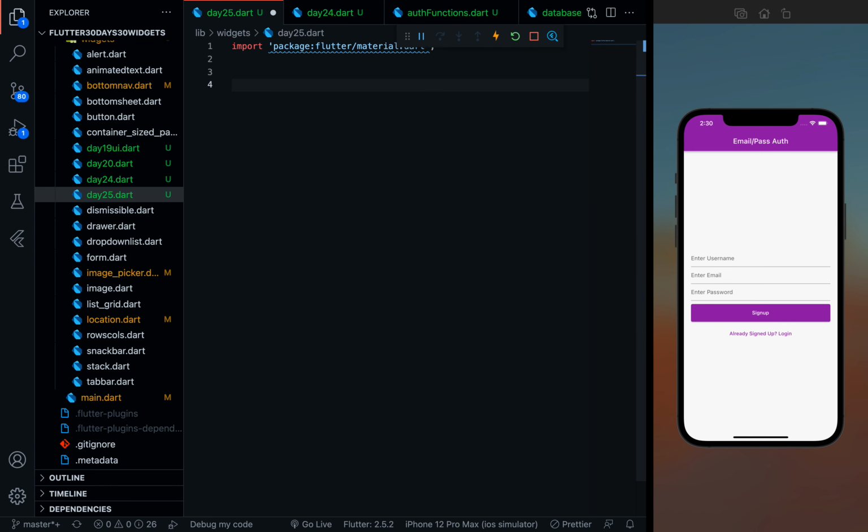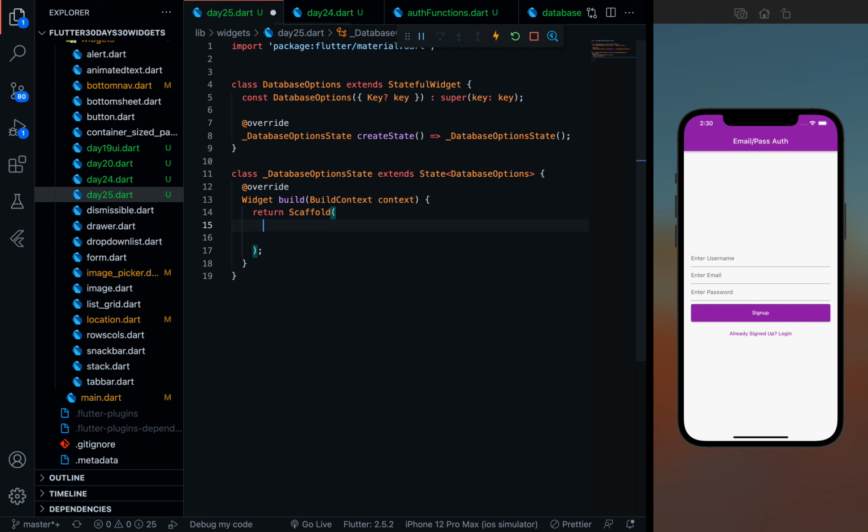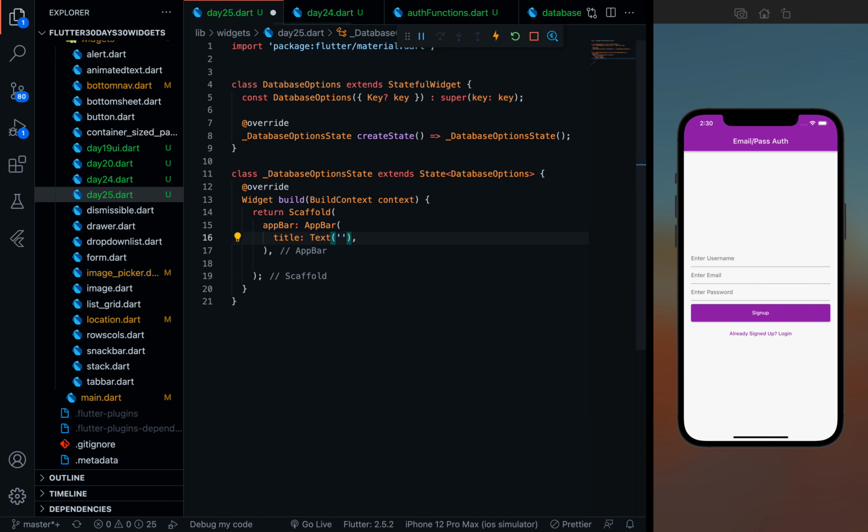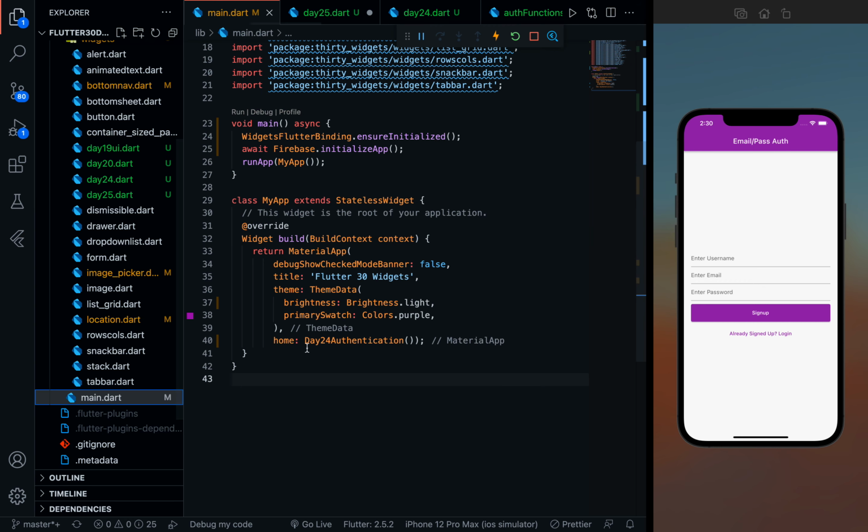Inside this we will have a simple scaffold, and after scaffold we will have the app bar, then title, and let's give the title as text, database options. Perfect.